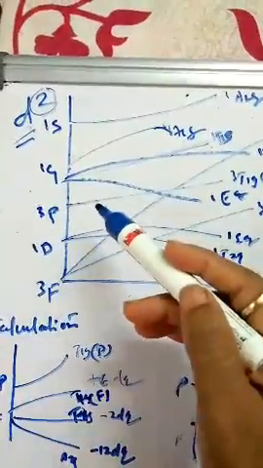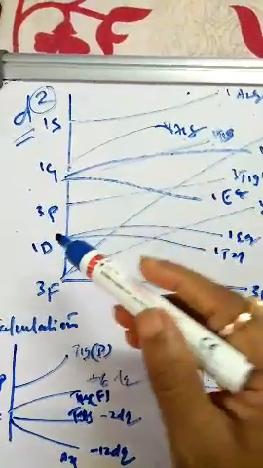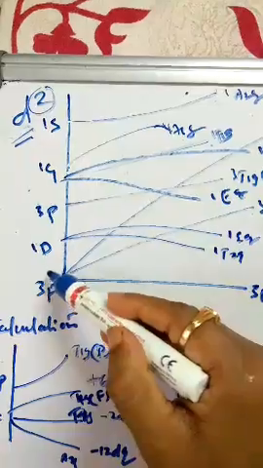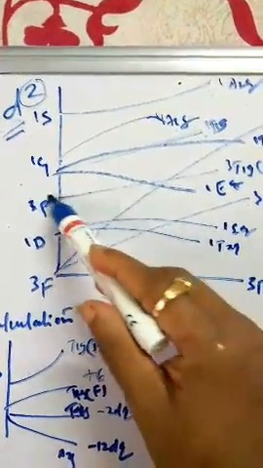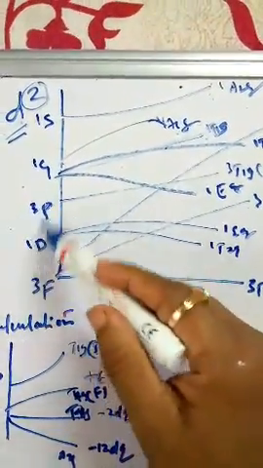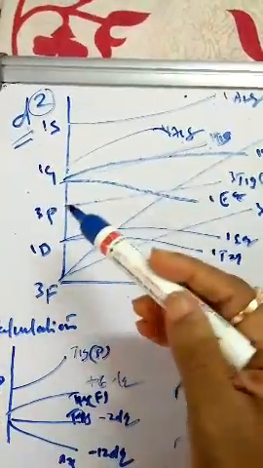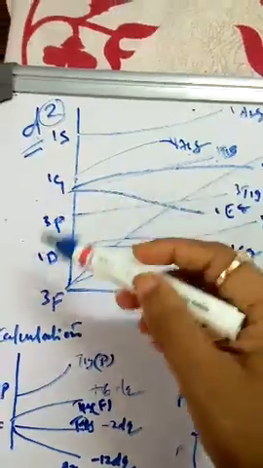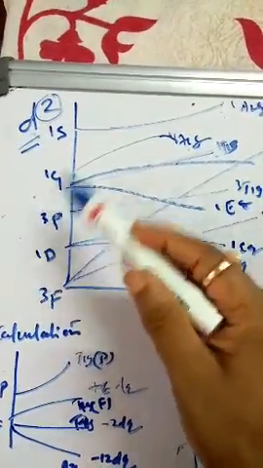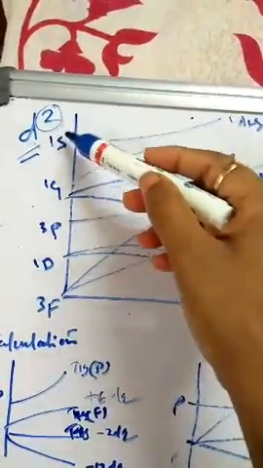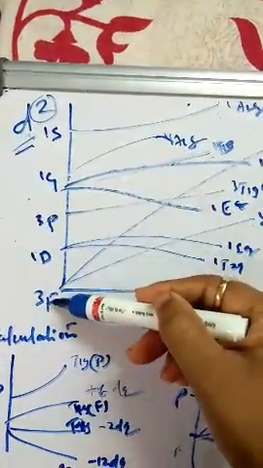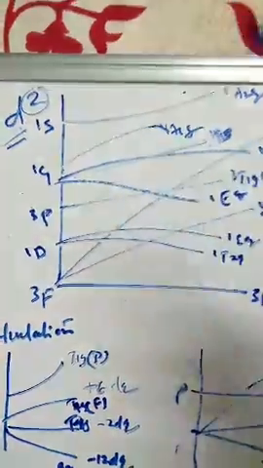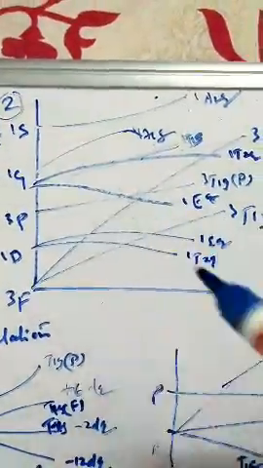But in the Orgel diagram, we only consider the terms of the same spin multiplicity, like triplet F to triplet P. So this we consider only in the Orgel diagram. But in the TS diagram, we are considering all the ground terms with different spin multiplicity. So you can see here there are 3 and 1 spin multiplicity and different ground terms. In the Orgel diagram, same ground terms F, P, but here in the TS diagram we are taking different ground terms.